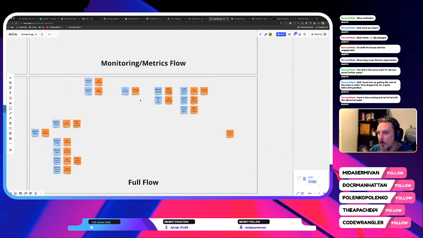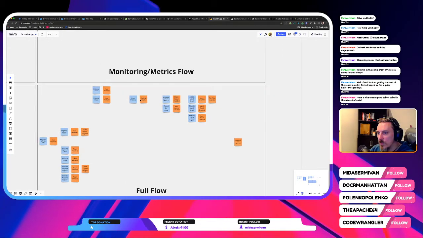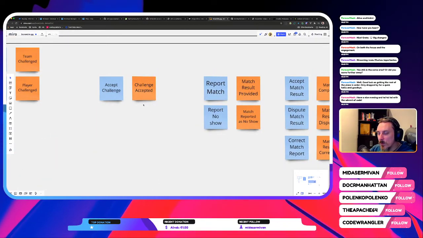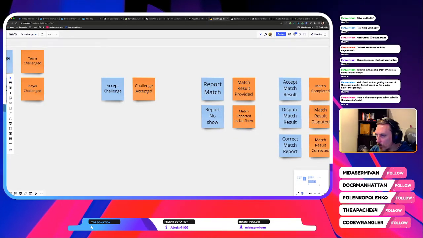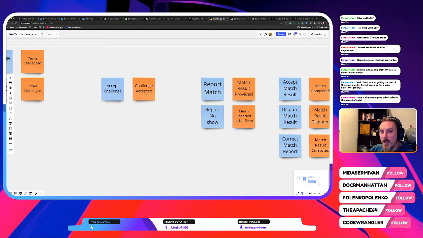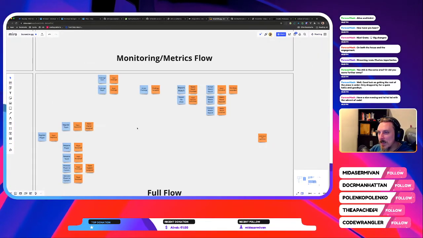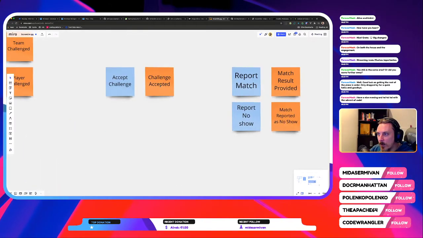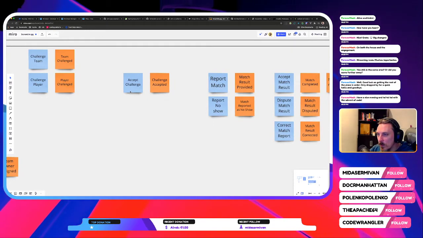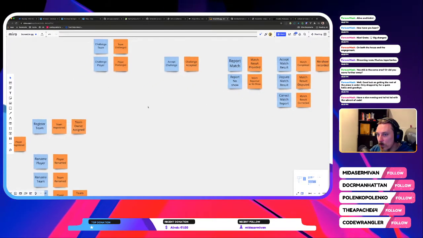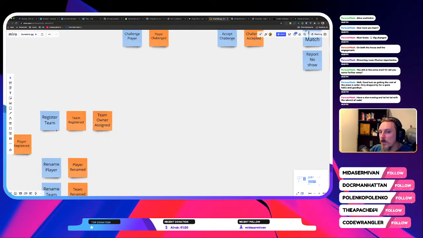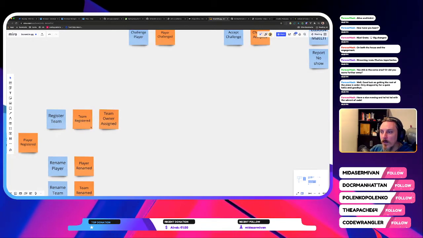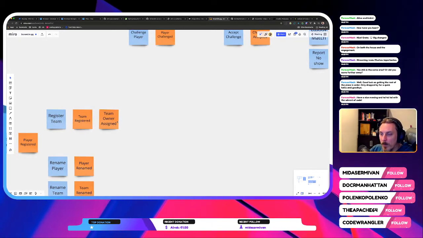For those that are unfamiliar with this notation, this looks like an event sourcing result. The orange cards are events, stuff that happened in the past, and there's an implicit timeline going from left to right because we're Westerners anyway. You first put down all of the events, and then you put commands in front of those, stuff that causes those events. Sometimes events can cause events, like here. You register a team, and the moment you register that team, you also automatically assign a team owner. So that means